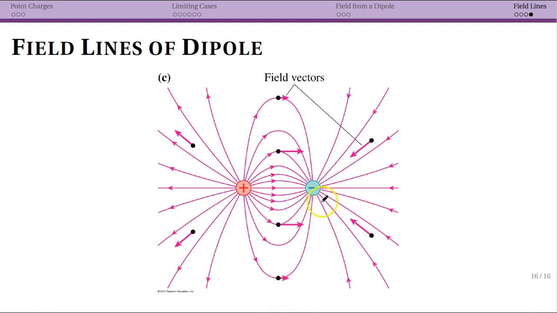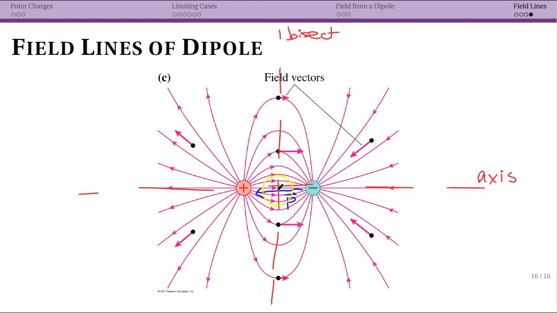So you can see that the field is strongest really close to each charge and in the space in between. It isn't in this area that the field itself is 0, but it's kind of weaker. You also can see that it's pointing opposite of your dipole moment when you're on this bisecting plane. So remember that this is your bisecting plane and this is your